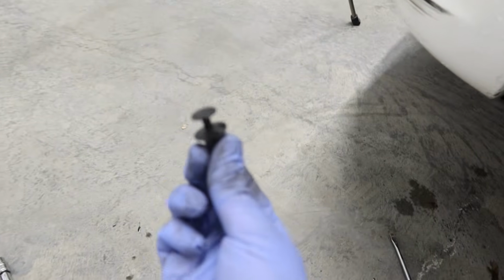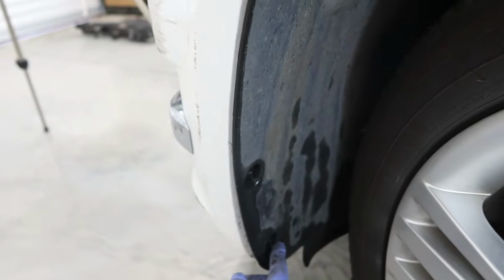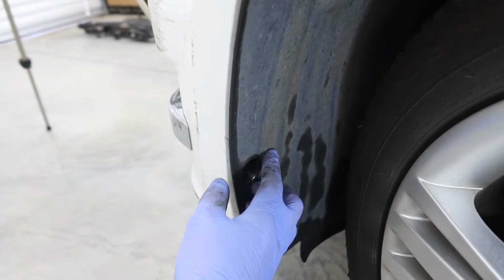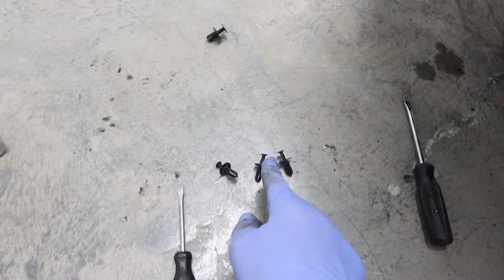So you can see it's a pull type fastener. That one is directly under here, right there. Then we have this one, and this one. Got to get those out, and those three are right there. They're also pull-type fasteners. And then there is one directly up here, which is a 10mm nut, and that is